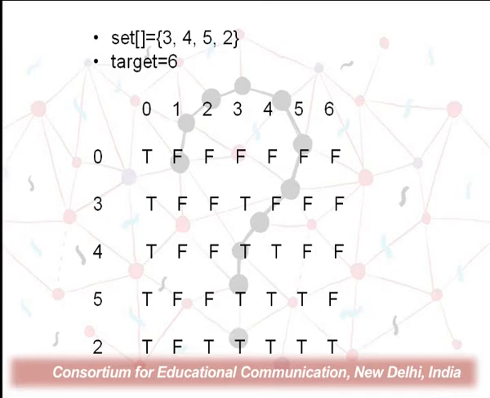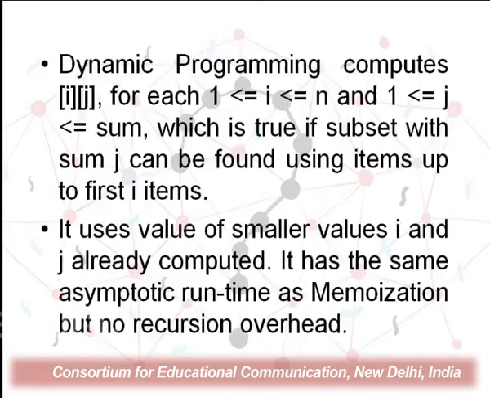So we have taken 0, 3, 4, 5 and 2, and whether the subset sum of j is possible with the last index i minus 1. If yes, it is possible, then we will fill true. If it is not possible, we will fill false, and this whole table has been filled in a bottom up fashion. And then finally we will say whether there is a possibility of having such a subset, yes or no.